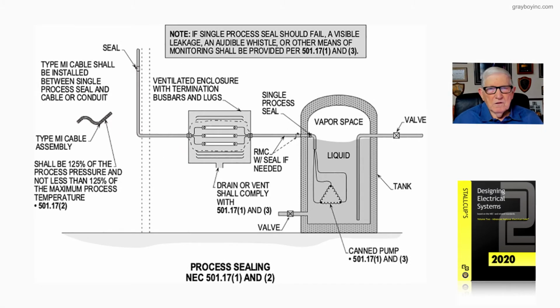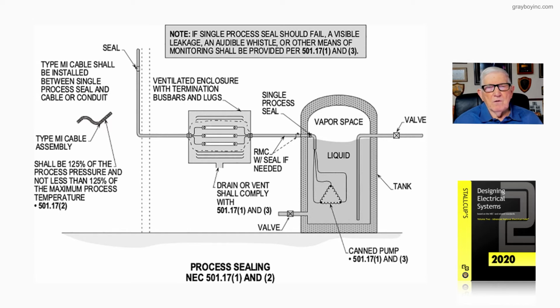Now let's take a look at this figure 21-42, and it deals with a can pump. And notice that you have a single process seal, or you could have a barrier there, and then you have this ventilated enclosure with termination bus bars and lugs that, if the system fails, then as a liquid flows through here, it drains here. And then 501.17 1 and 3 shows the drainage